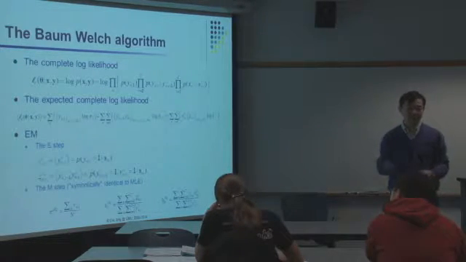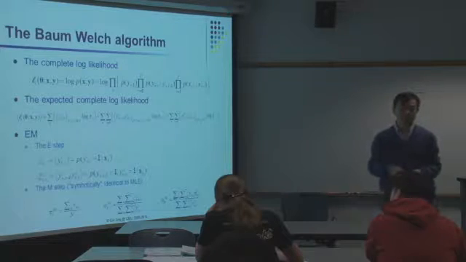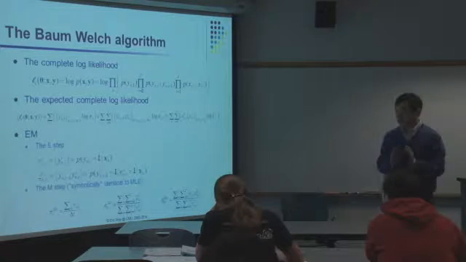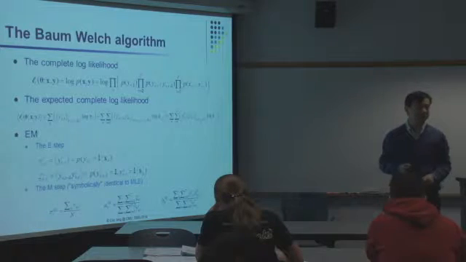The expectation comes from our inference problem, which computes the conditional probability of the latent state given the observation. Okay, so that's basically a very quick dry run of the hidden Markov model. I'm not going to talk about it anymore, and I hope you at least get this model straight, so that you can